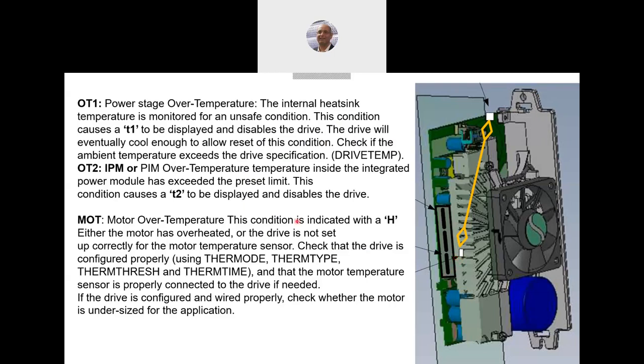This is the OT2, and on the power stage we usually have a temperature sensor, and we also make some measurement of this delta, and we don't want the drive to run, let's say, more than 60 degrees, and the